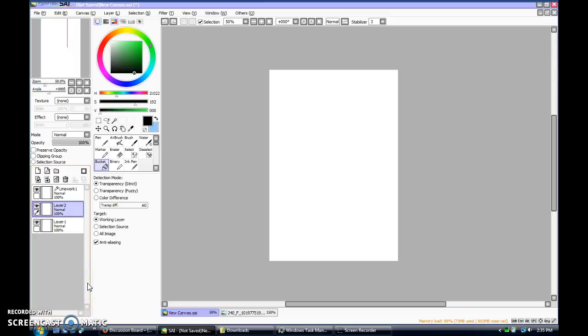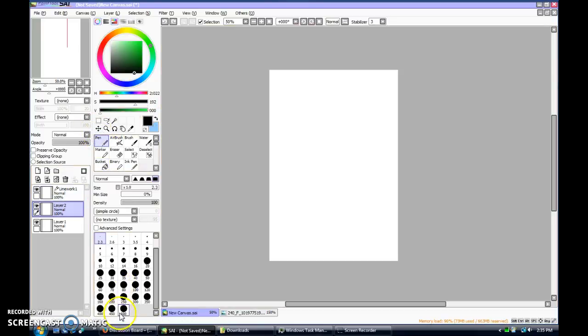Alright, so today I'm going to show y'all how to make a perfect circle in Paint Tool Sai and also to use textures in Paint Tool Sai. So the first thing we're going to do, because it's really hard to draw out the perfect circle,